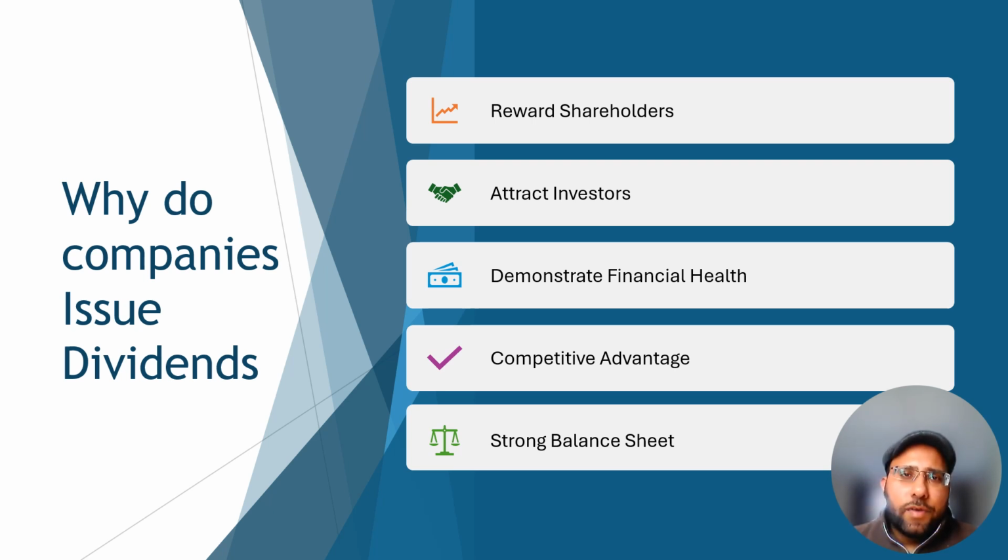The competitive advantage side is important. A company that pays dividends regularly and in a significant amount can differentiate themselves from their competitors who do not. And that's important in multiple different industries. If you are representing a client and you are looking to add an income stock to their portfolio, and you're looking at the utility sector, would you go for National Grid or would you go for United Utilities?